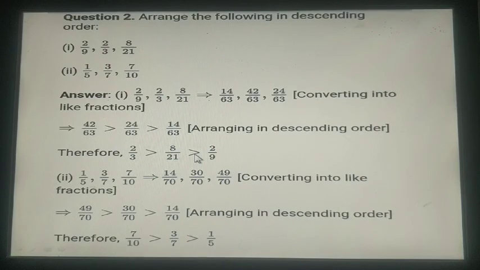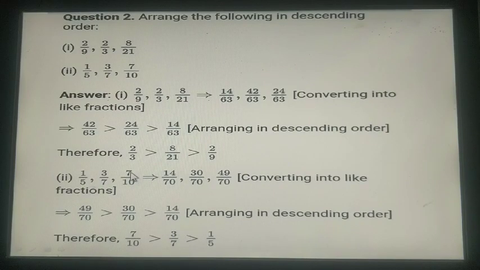The next example here is again for arranging in the descending order. Your three fractions are 1 by 5, 3 by 7 and 7 by 10. The LCM of the denominators 5, 7 and 10 is 70. So 1 by 5 has to be converted with the denominator 70. So you will have to multiply it by 14. So 1 into 14 will give you 14 and 5 into 14 will give you 70, because you wanted the denominator to be 70. The next step, again, now 7 has to be made as 70, so you will multiply it by 10. Similarly, the numerator also has to be multiplied by 10 simultaneously to get the resulting like fraction as 30 by 70.